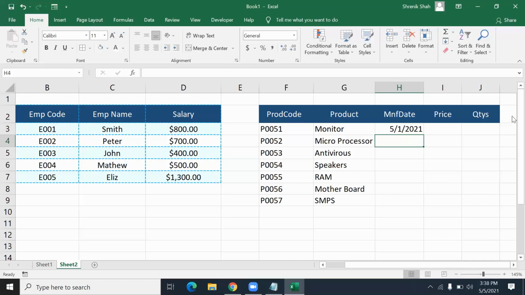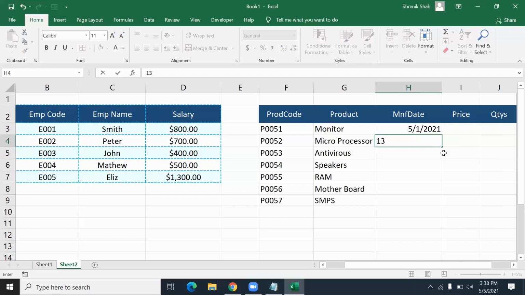But what if it does not show the alignment on the right side? Let me type here a wrong date. I'm typing 13 space 2 space 2021. Maybe you're reading this as 13th February, but Excel shows that date aligned to the left side. So the format is wrong. My Excel settings are that the date must be month, day and year. So if I type 2/13/2021, its meaning is 13th February. Now it's the correct date.